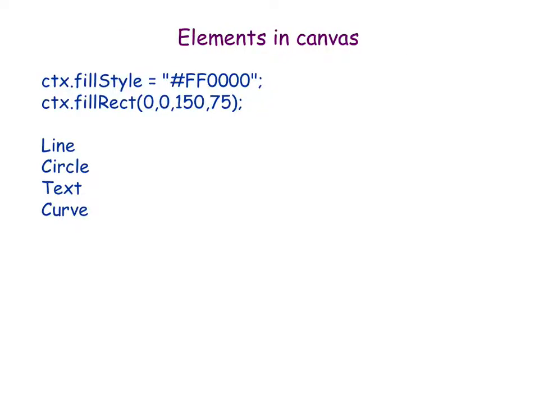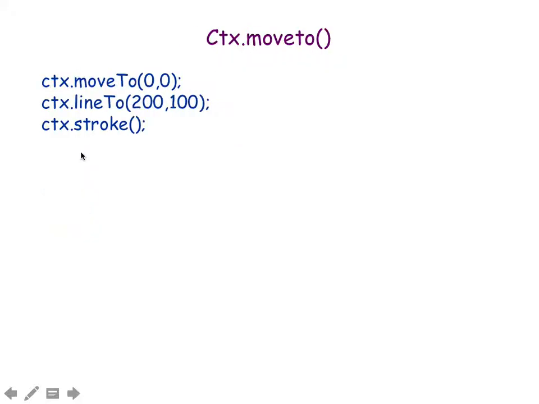And then you can draw lines, circles, text, curves, and so on. These were quite interesting to me, at least. So CTX is your pointer, like a pen position. Okay, and then you are either moving this pen position, and after moving it to a certain position, you draw something as a line, or maybe a circle, or maybe a rectangle, and so on. Okay, and then this thing is stroke. Stroke means it's actually painting your traces of the pen. Okay,